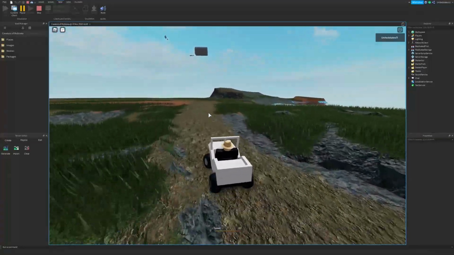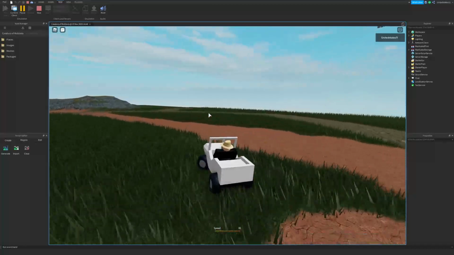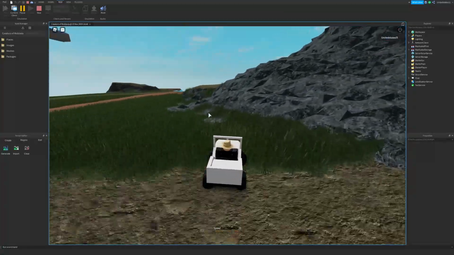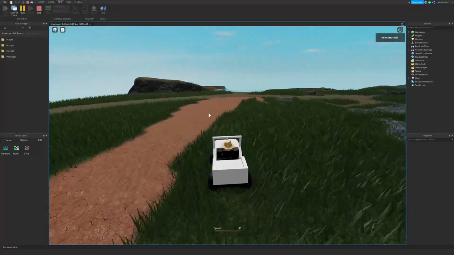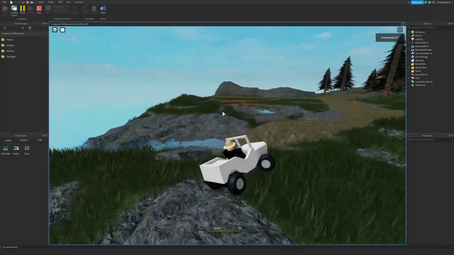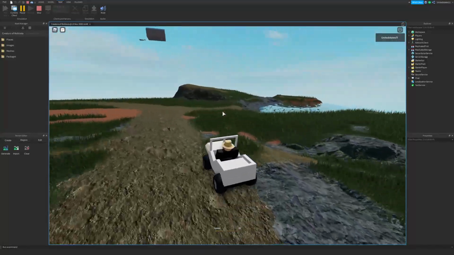I'm traveling across our terrain. This works. This Jeep works pretty well with the terrain. And I sort of flattened it out. I used the smooth tools, all sorts of stuff. I did not get into the region tools, but I might do that with the height map and stuff.